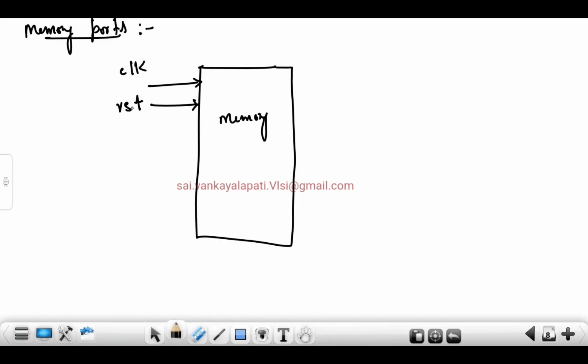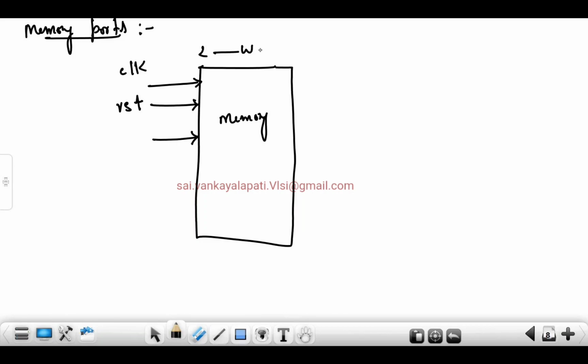This is an input port, and then the output port. I said that only declaring the memory is not required. Once you declare the memory, what do we need to do? You should write the data into the memory. To write this, what do I need? I need an address, right? The address of the memory. What are the addresses? What is the address bit?